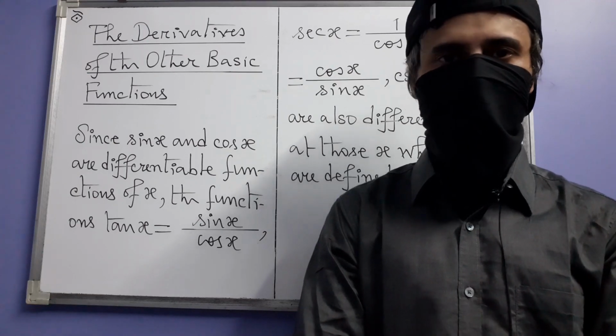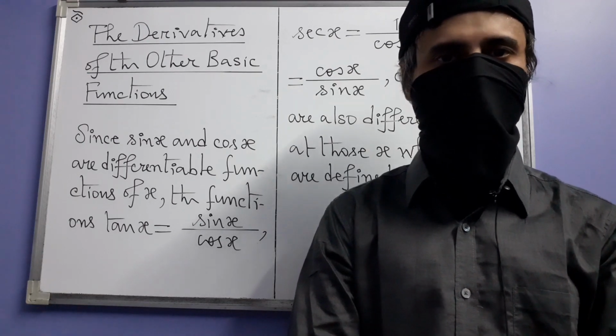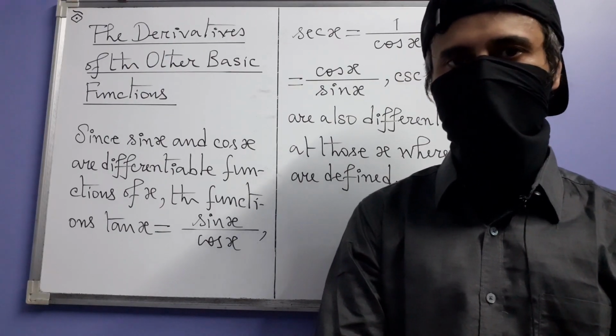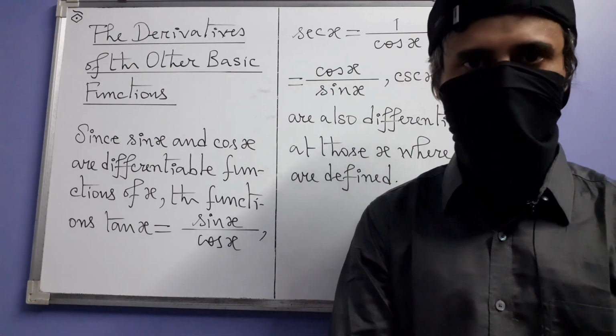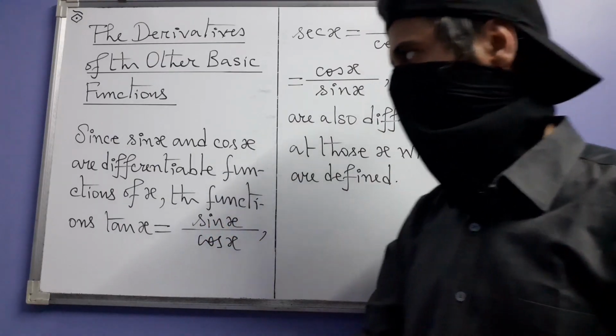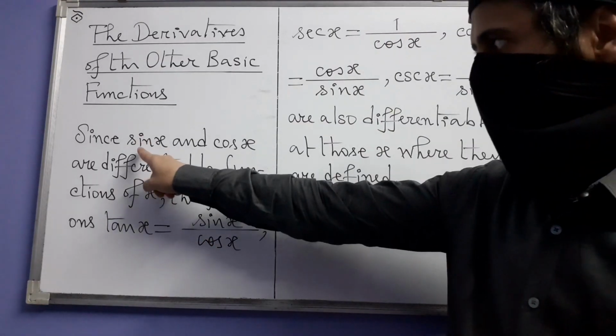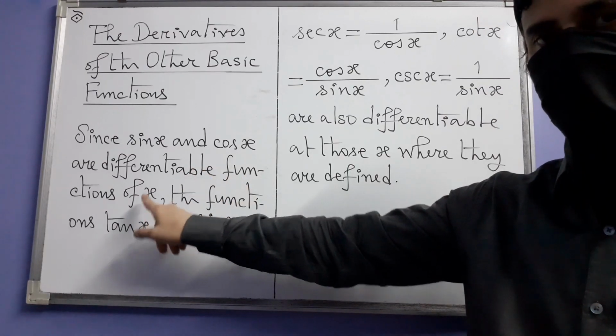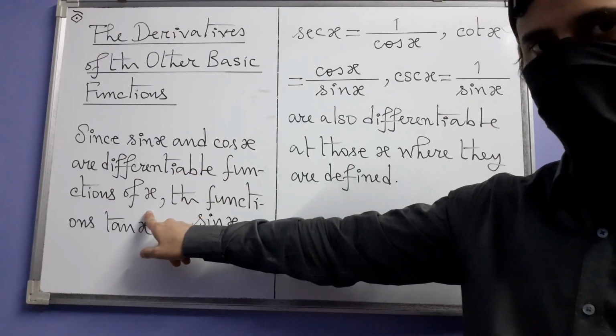With the help of the derivatives of sine and cosine, we can now differentiate the other four trigonometric functions: tangent, cotangent, secant and cosecant. And this is how it starts. And this is the reason. Since sin x and cos x are differentiable functions of x, and this happens at every real number x, that